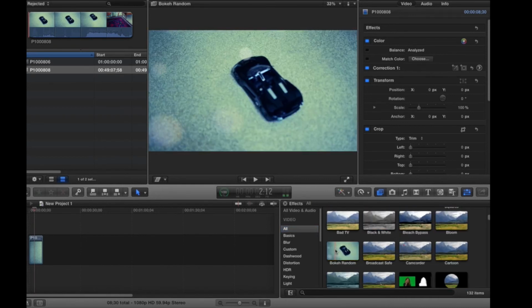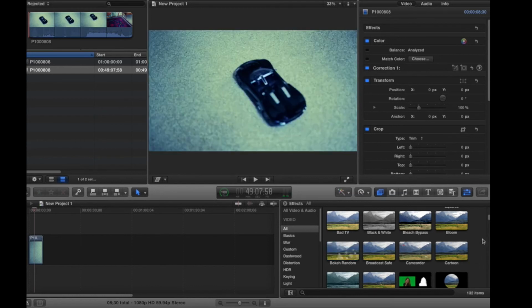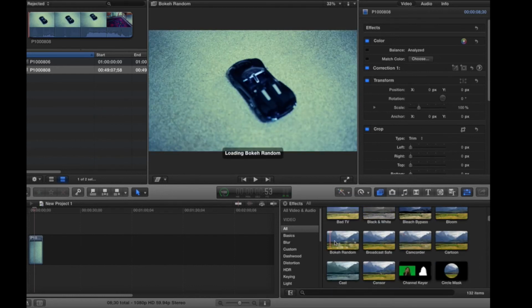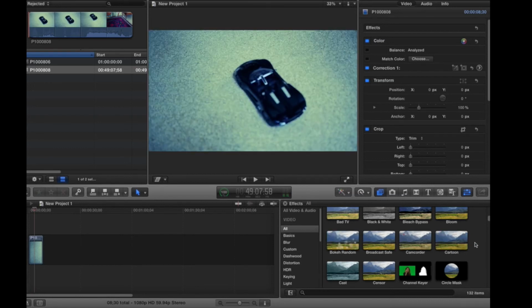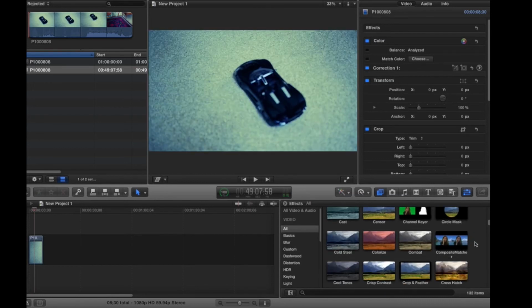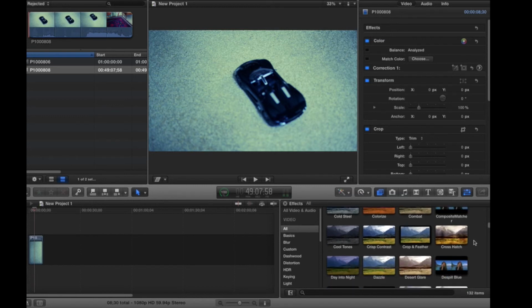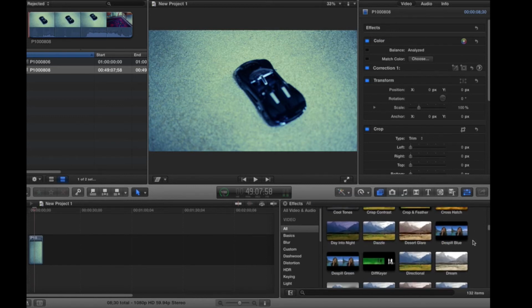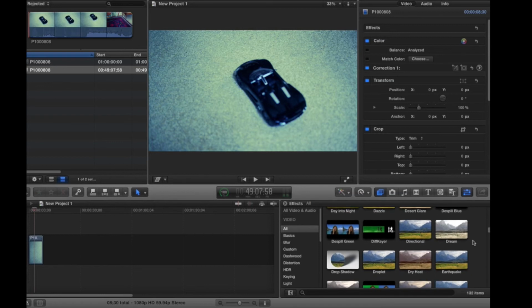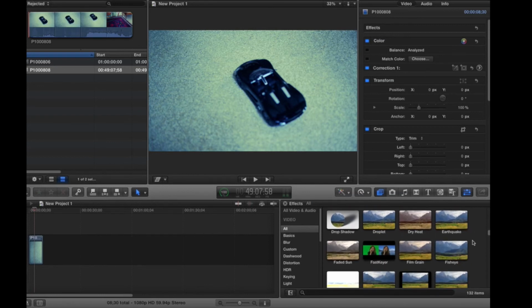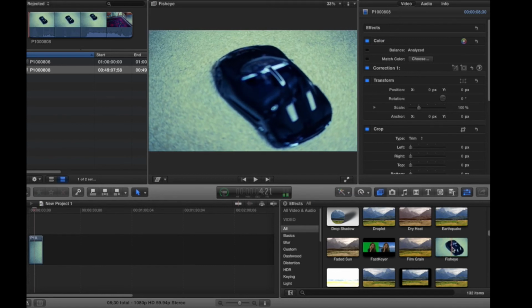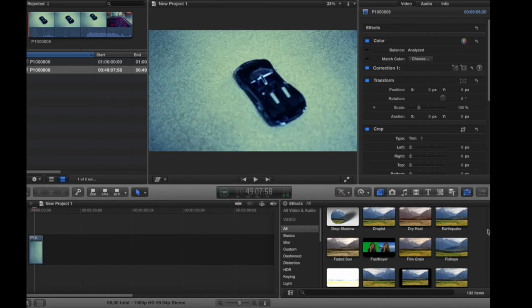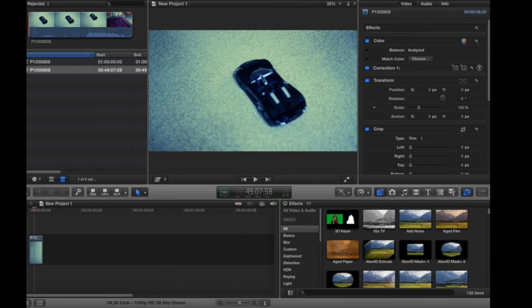There's some cool effects here for titles. Like, you could add this to a title, make it cool. You can make some pretty cool titles by layering some of this stuff. Yeah, but some things you'll probably never use, like fisheye, because usually you want to get rid of fisheye, not add fisheye. But